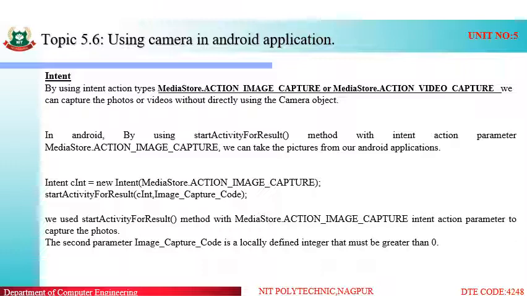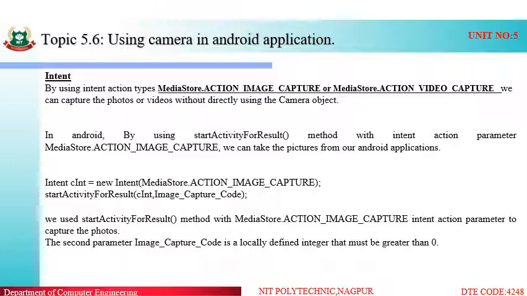We can capture photos or videos without directly using the camera object, by using the startActivityForResult method along with the intent action. We can then take pictures from our Android application.